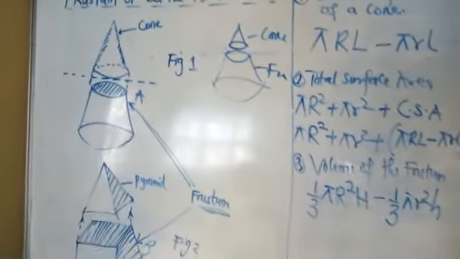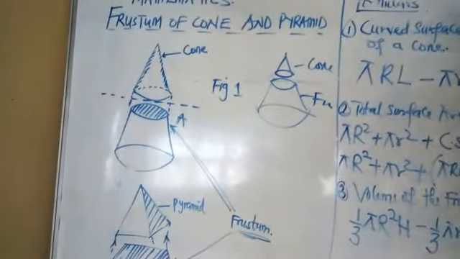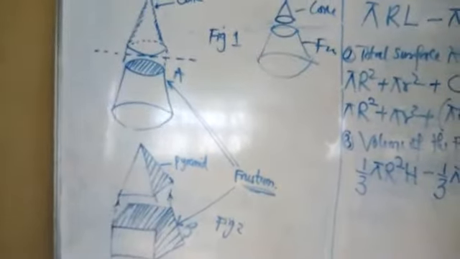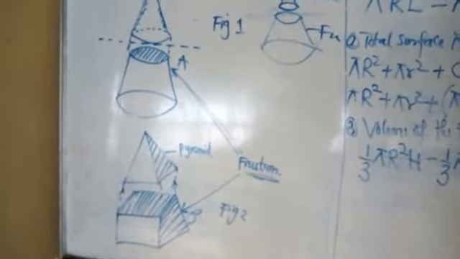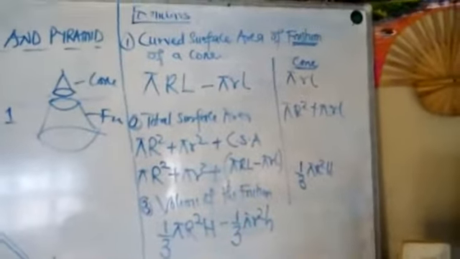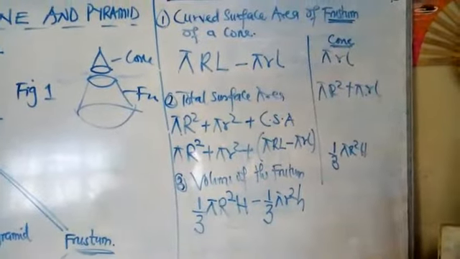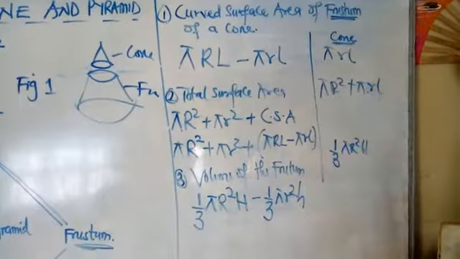So before we go ahead, just go through the diagram again. Those are the diagrams for the frustrum of a cone and that of the pyramid. And after that, we went straight to taking the formulas applicable in solving and evaluating the frustrum of that cone. Alright, so let's move over to an example where we will apply all these basic formulas.